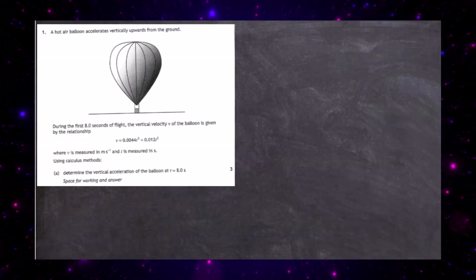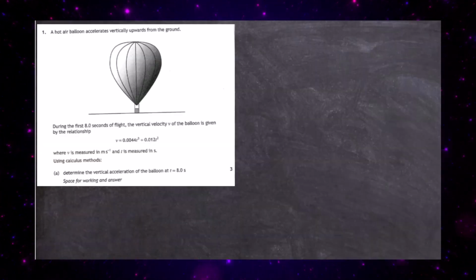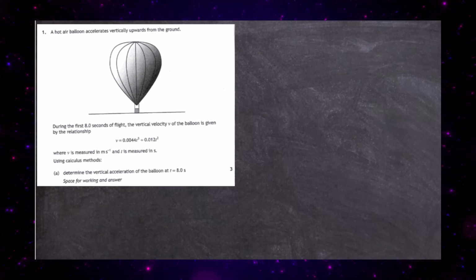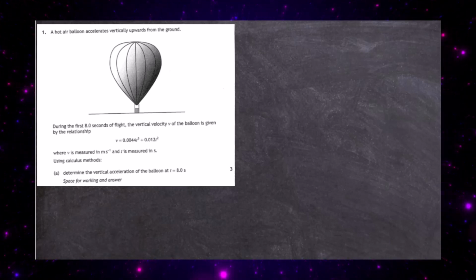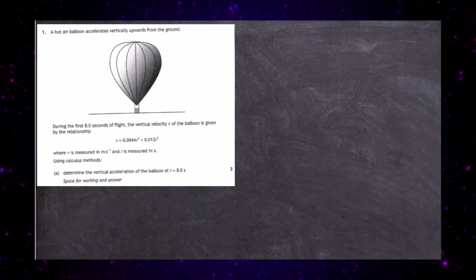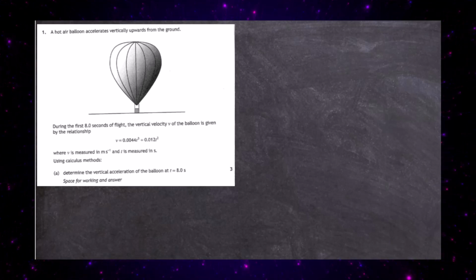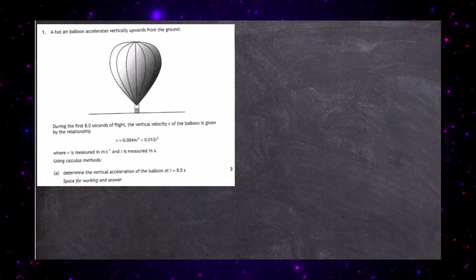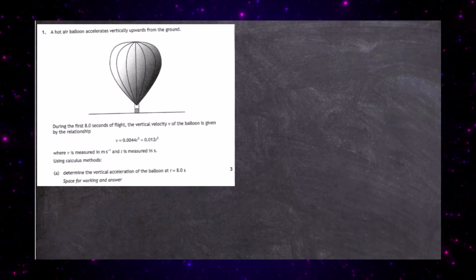Question 1 from the 2023 Advanced Higher Physics Examination from the SQA. A hot air balloon accelerates vertically upwards from the ground. During the first 8 seconds of flight, the vertical velocity v of the balloon is given by the relationship